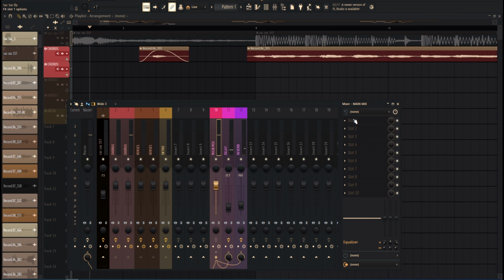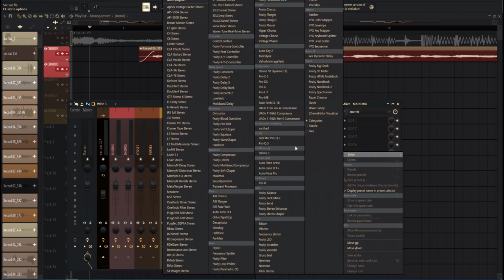Alright, time for mixing the extra vocals. There are two things that will always be done to vocals. That's compression and EQ. EQ will be done with SSL normally. That's the way I like to do it. And then compression, there's like a million different compressors out there. You can use Fruity Compressor, RComp, RVox, CLA,